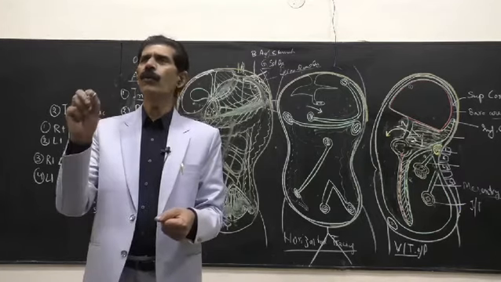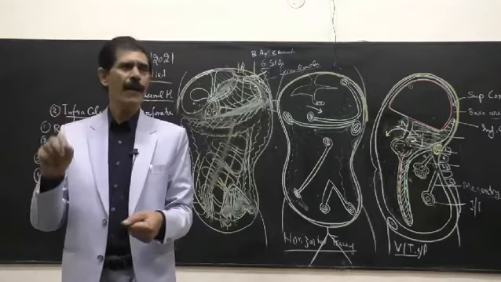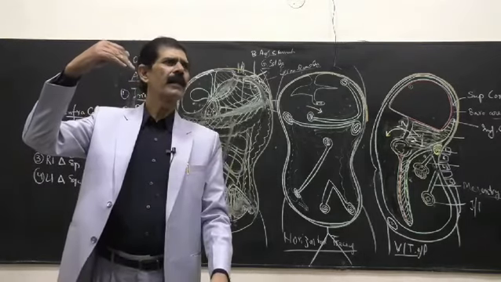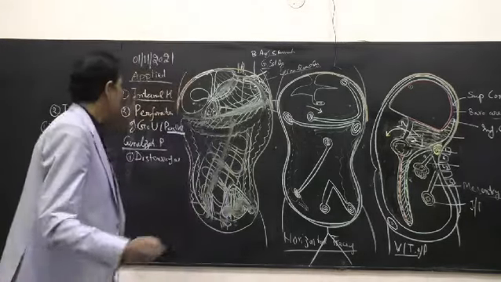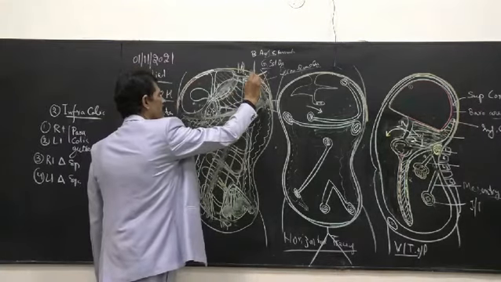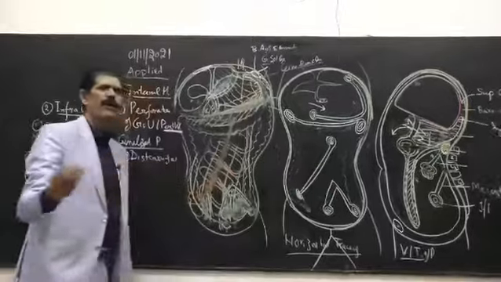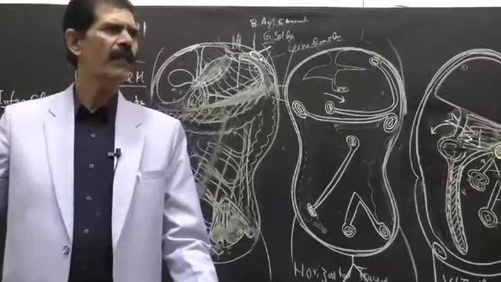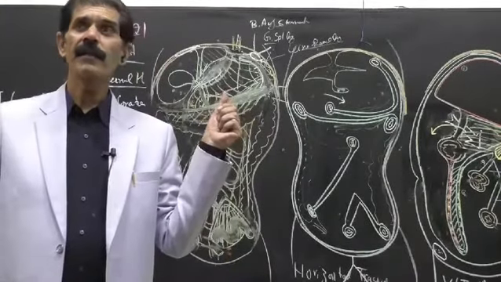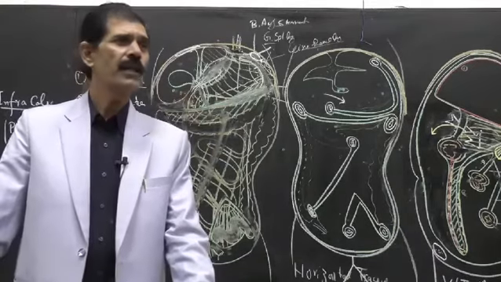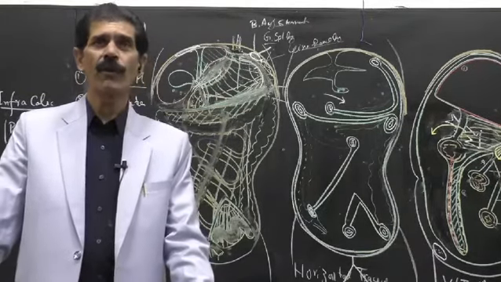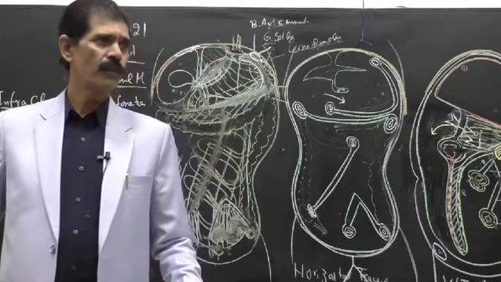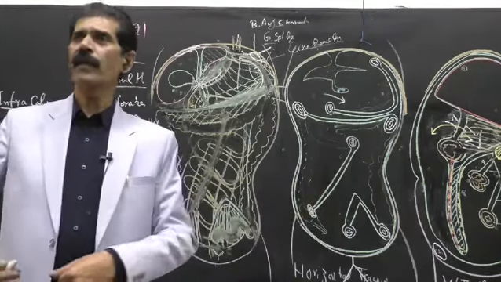So whenever there is a hole in any of these food pipes, the air, because of its lightness, will come up and be arrested under the right dome of the diaphragm. Presence of air in the fundus below the left dome of the diaphragm is a normal finding, because air is present in the stomach all the time. But on the right side, it is abnormal. It shows perforation of a viscus, which we have to look for after other investigations. First, we only take the plain X-ray of the abdomen in the standing view, not lying down, so that the air will go up.